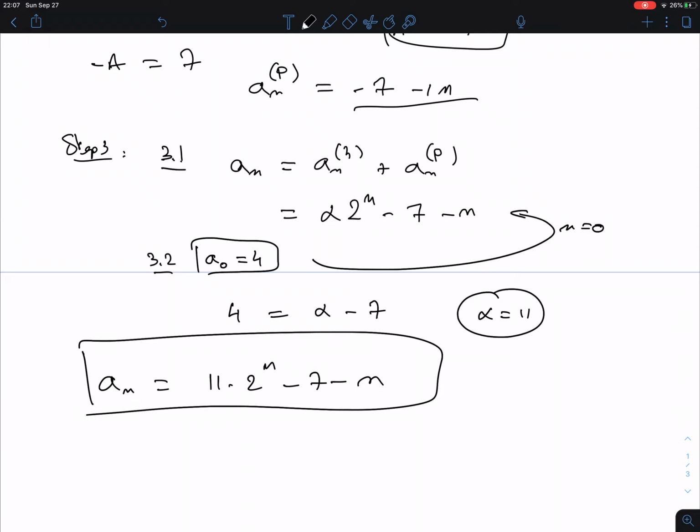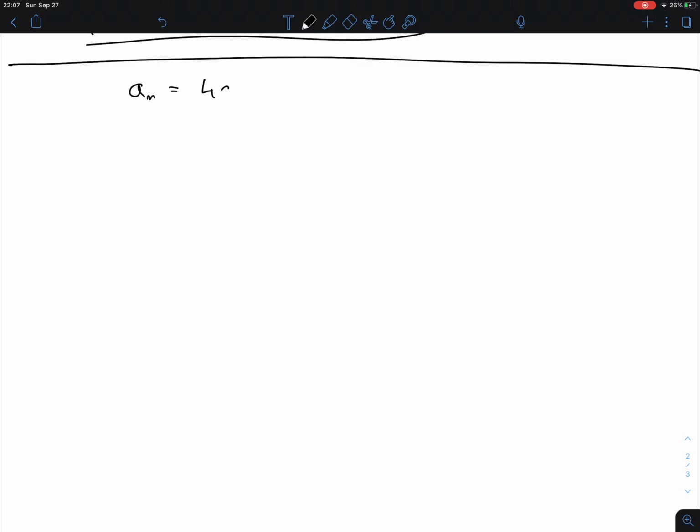Now, number 35 was a little bit longer, but I'll do it nonetheless. It's good to see somehow what happens in higher degrees a little bit. So we had an is 4 times an minus 1 minus 3 times an minus 2, plus